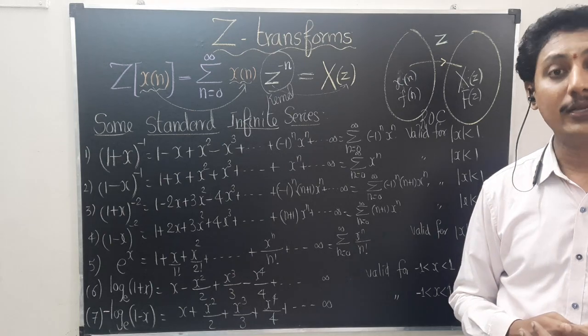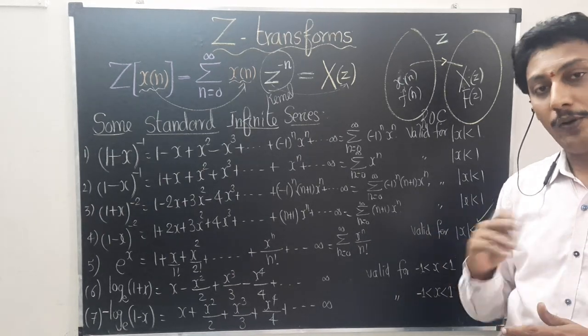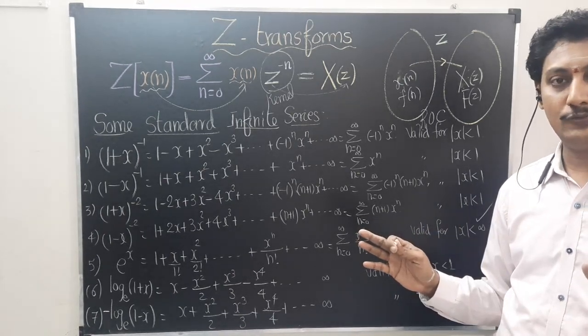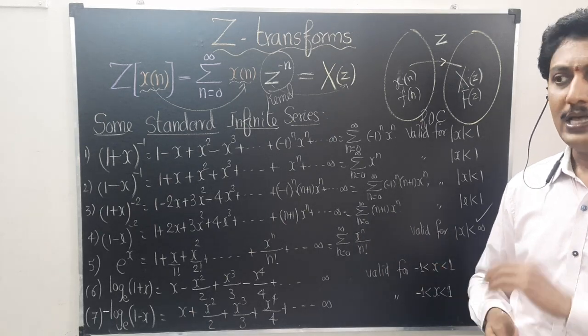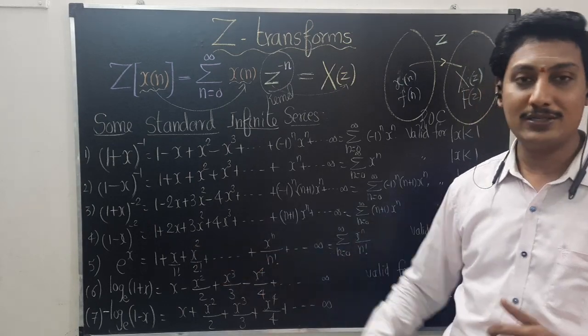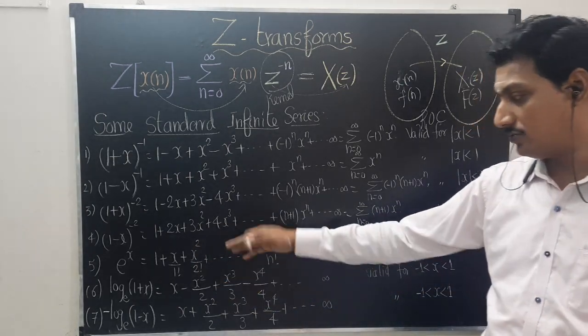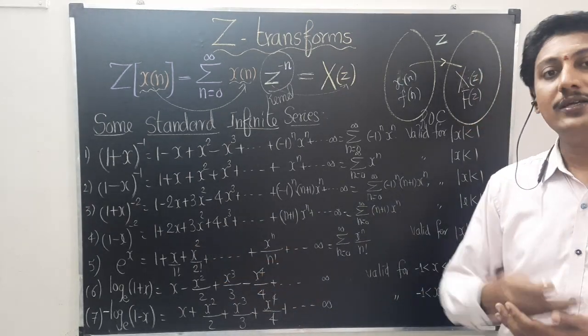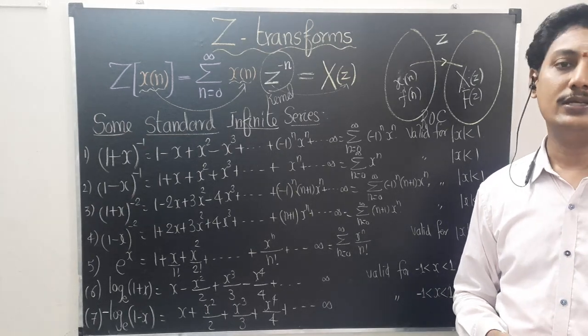This comes under the logarithmic function. Plus or minus means log (1 plus x). Everything plus means a positive series, which is called minus log of (1 minus x). Suppose we have factorial terms in the denominator with equal powers of x, so 2 means 2, 3 means 3, n means n. The factorial function comes under the exponential series.